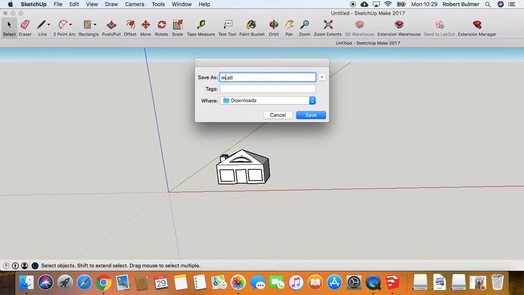And we'll just give it a name. Monopoly House. This can then be saved and then, as I say, brought into Cura software and exported straight to the 3D printer,